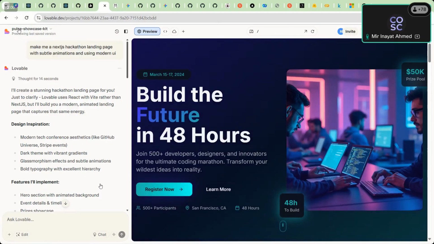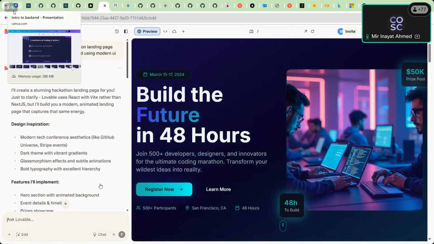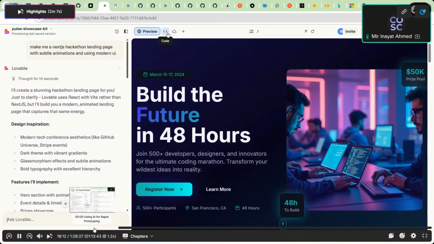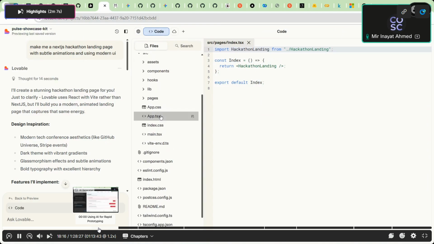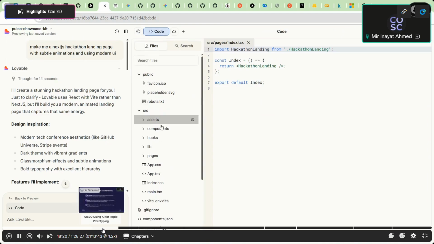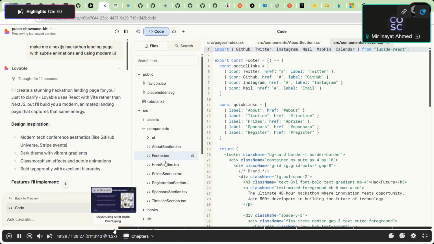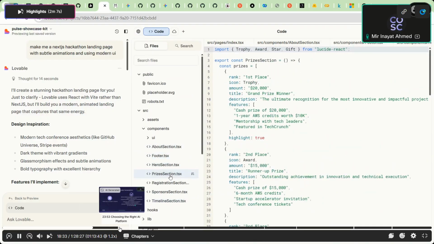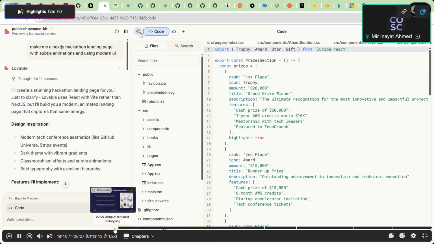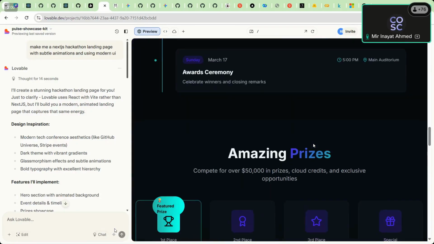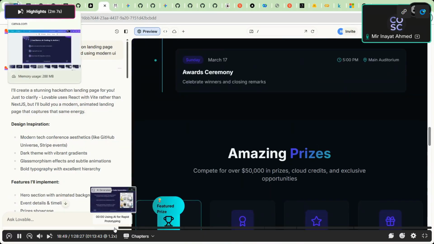So if you guys are totally unaware of where to start coding and stuff, maybe start trying this stuff and try to understand what each code is. Like I can just scroll over here and maybe check out components, which also has made multiple components like about section, footer section. It made multiple sections, and it also made some UI elements, and that is a bit about how things are there inside the code. After this, we'll move on with our